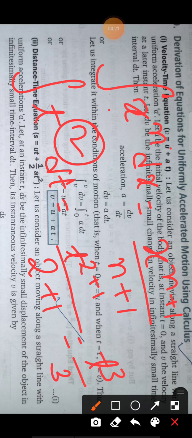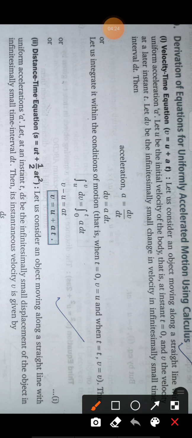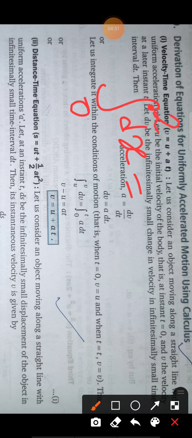Now one more thing you have to remember in integration is to put the limits. Integration of dx is x, as you know. But if limits are given, suppose the lower limit is 0 and the upper limit is 2, you have to integrate from 0 to 2. The integration of dx is x. Now you have to put the limits also, with lower limit 0 and upper limit 2.